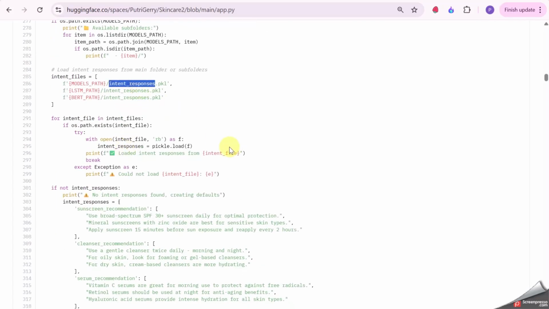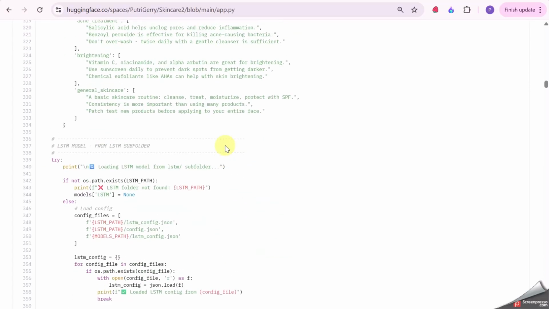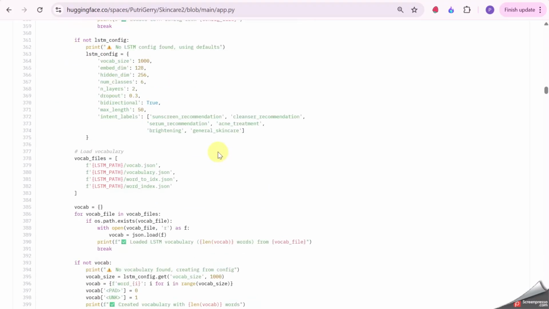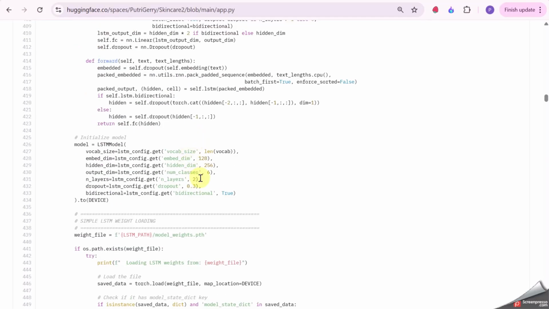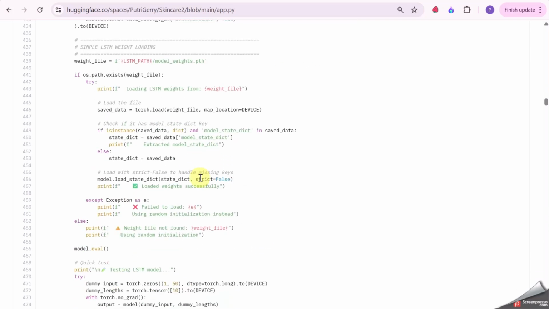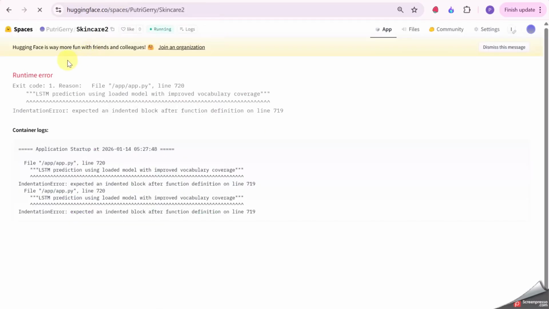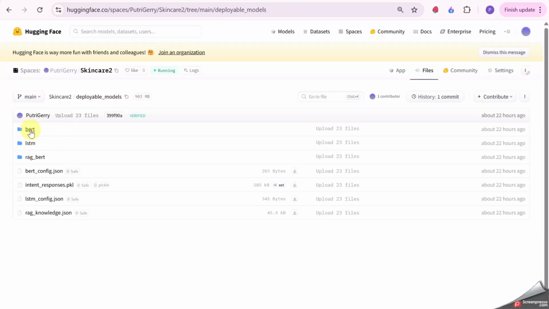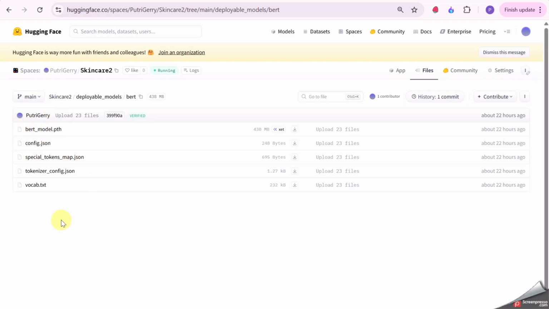It has the intents, and then we also have the config.json, the model weights, the vocab JSON, and other files that we want to load to this environment. It was on the deployable folder. We want to load all of this trained model data.